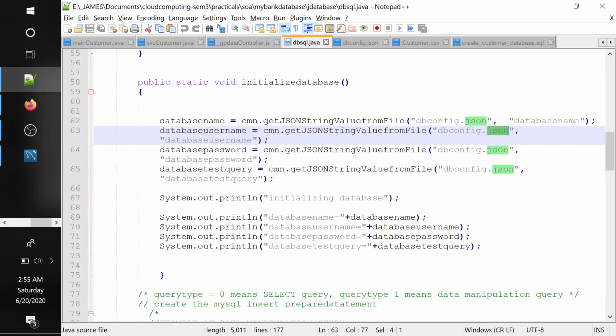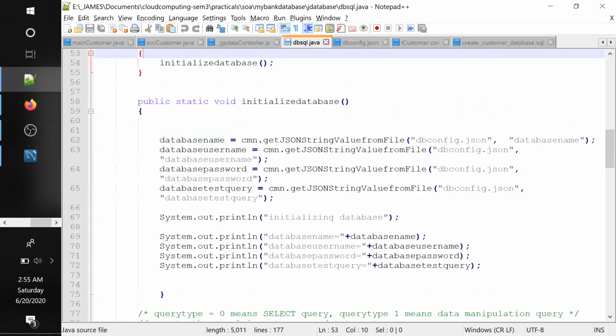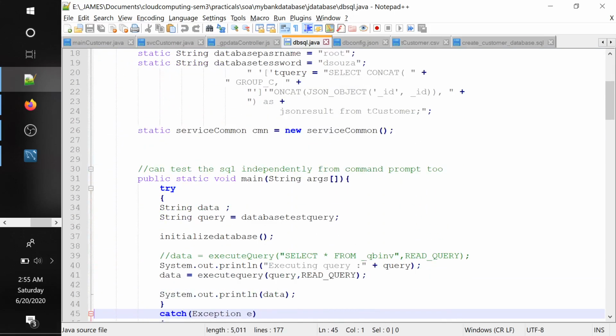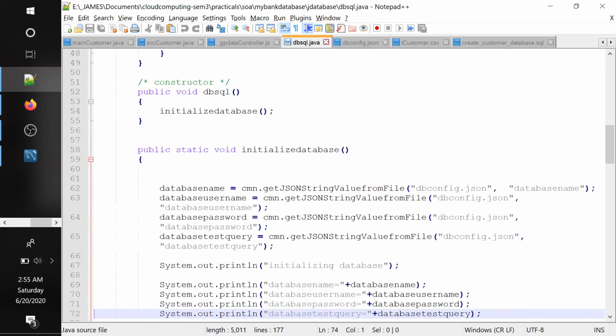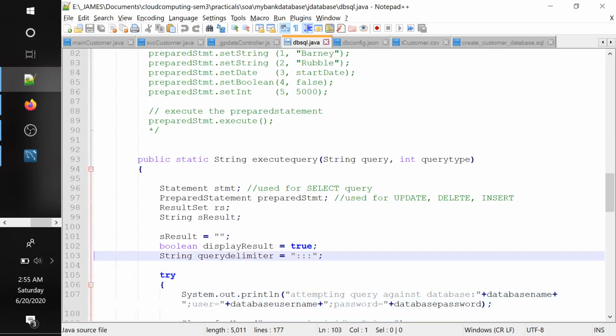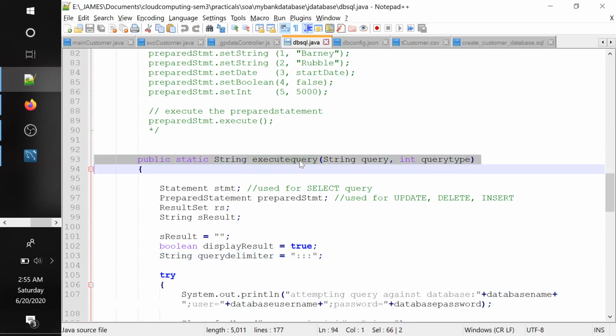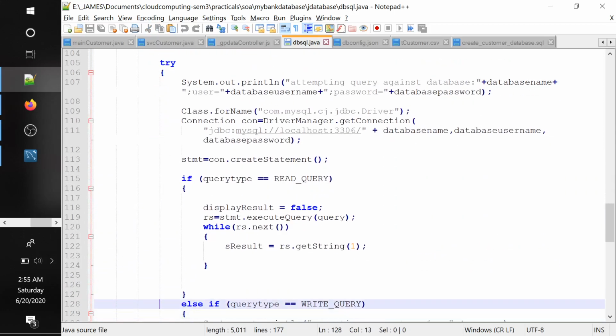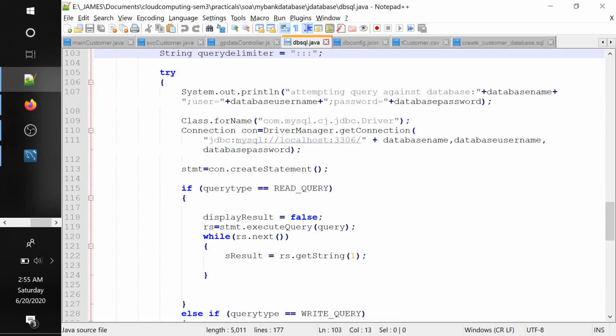This is a program which is common code, and it has basically one function called execute query, in which you need to send the query string and query type, and it will go ahead and connect to your database. So your database name, username, password is